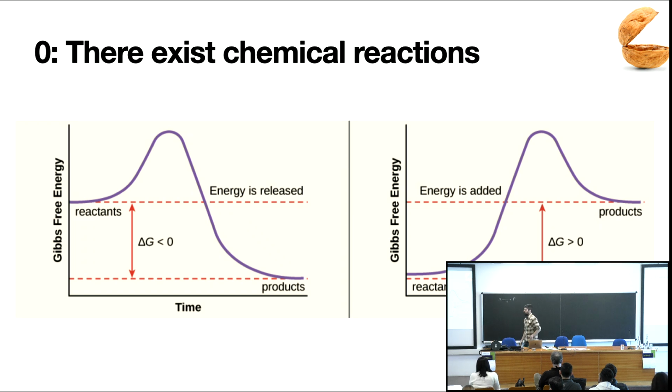There is a rate constant because in transforming these reactants to products, there is some energy barrier to cross. So the rate at which you transform reactants to products depends on some activation energy